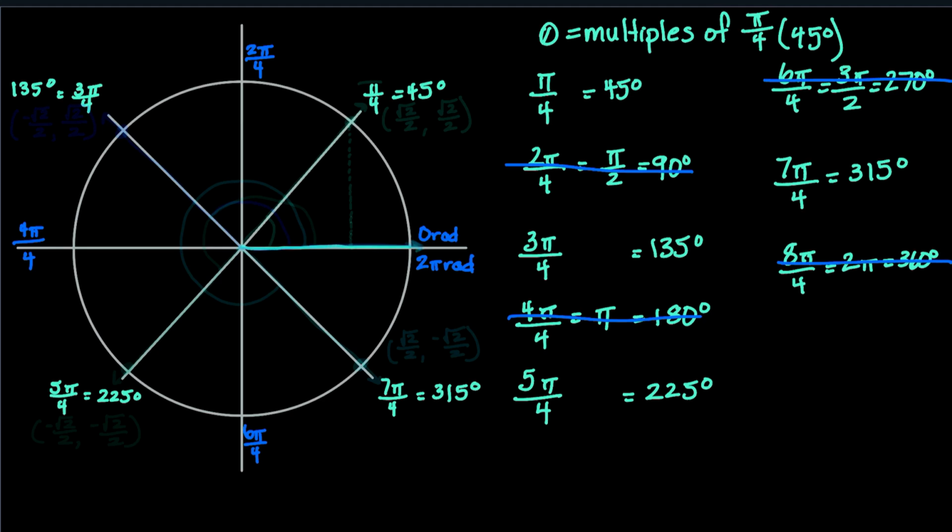Initial side is on 0, and terminal side is at 45 degrees. So this is our 45-degree angle, or our pi over 4. I don't know why that degree was there with the pi over 4. Please ignore that. Pi over 4 radian. The coordinate point that corresponds with this angle is radical 2 over 2, comma, radical 2